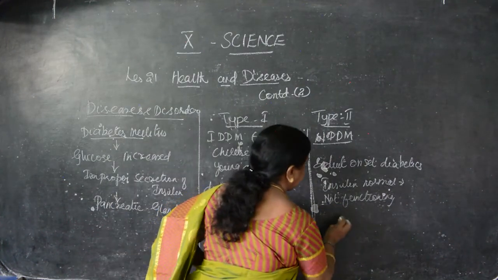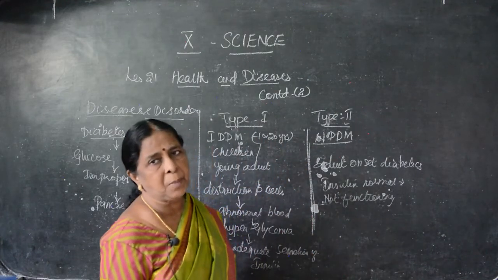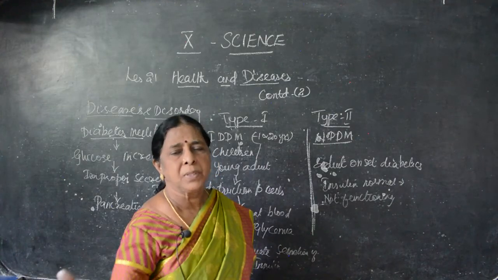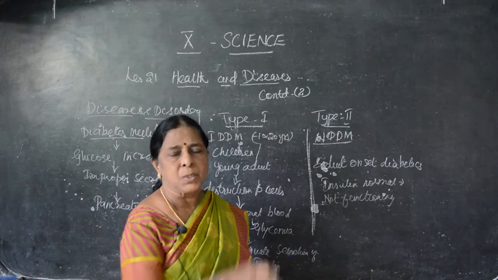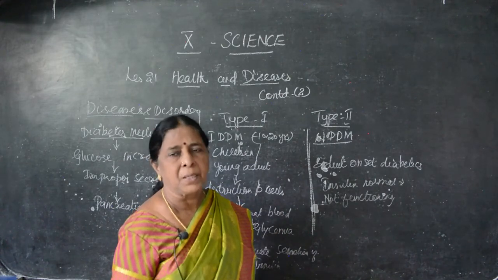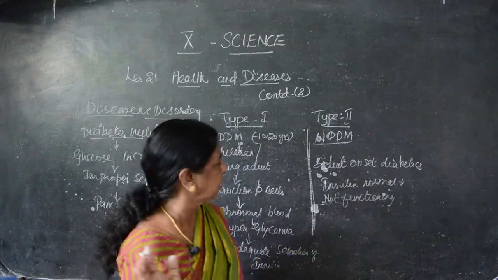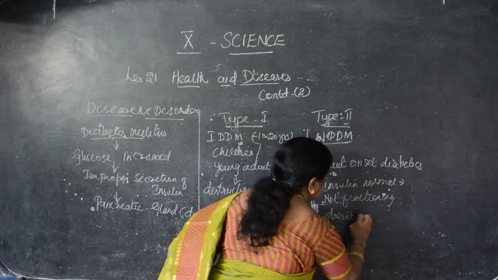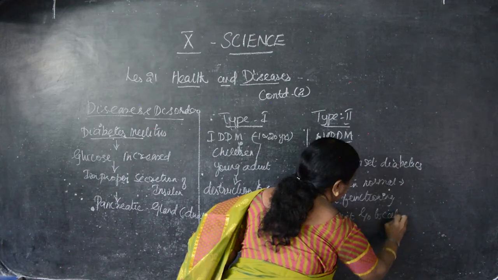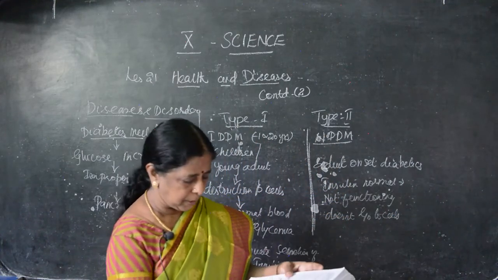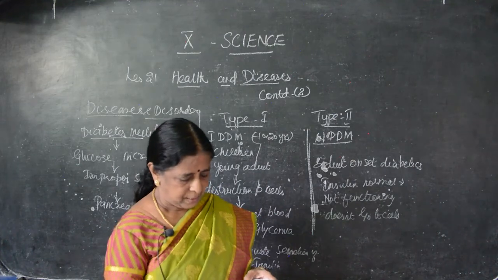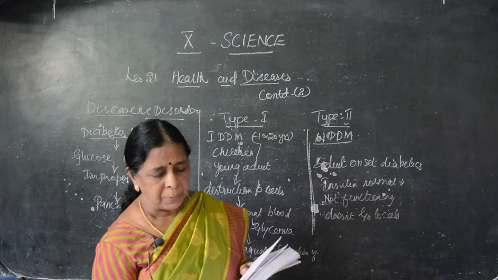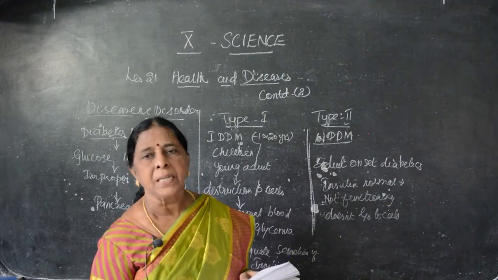You may ask how insulin can fail to function. Excess glucose should be stored in the cells, so whenever the body needs it, it will be supplied. But here in type 2, even though the insulin is secreted, it does not go to the cells. So not functioning, that is, does not go to cells. Okay, if it is stored in cells, we can take it whenever needed. The causes are multifactorial, which include increasing age, obesity, sedentary lifestyle, overeating and being physically inactive.